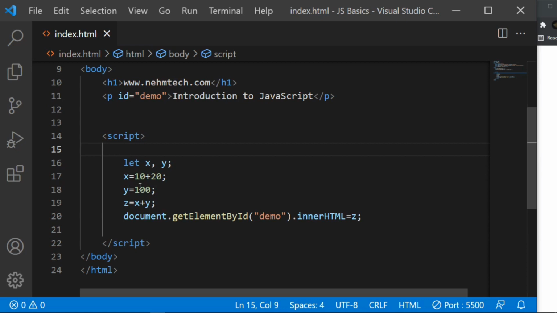And so now guys, the other thing that we want to understand is the JavaScript syntax. JavaScript syntax is the set of rules that defines how JavaScript programs are constructed. Like